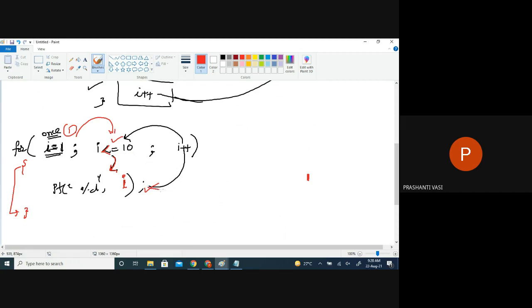After that, again we go to the third expression. If I count it as a number, first expression, second expression, this is the third, and the fourth one is this one. So if the second expression is true, the third statement is executed, and after that it goes back to the change of the value, because we have to move from 1 towards 10.